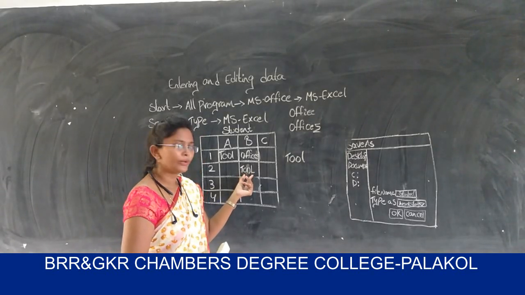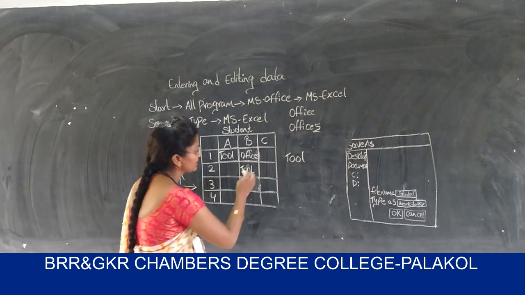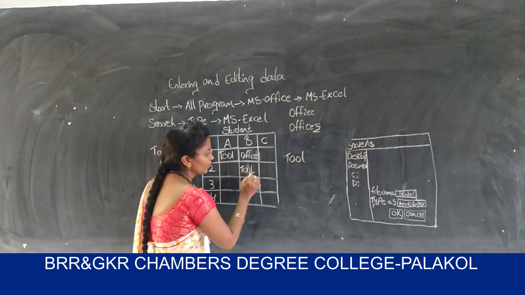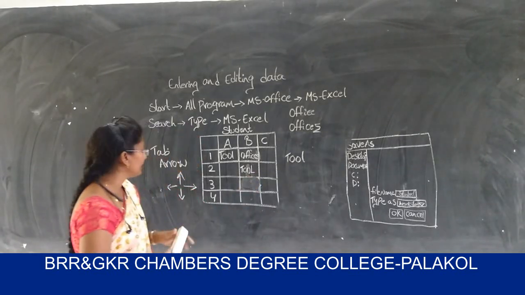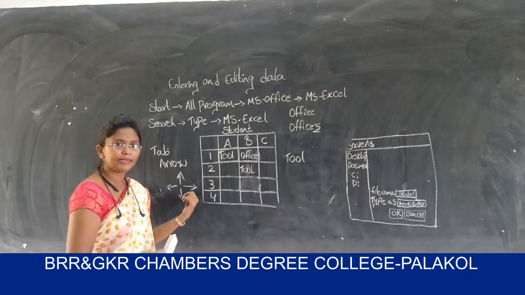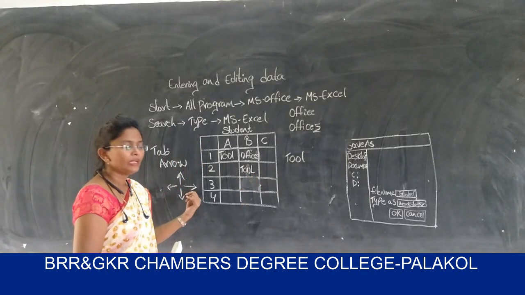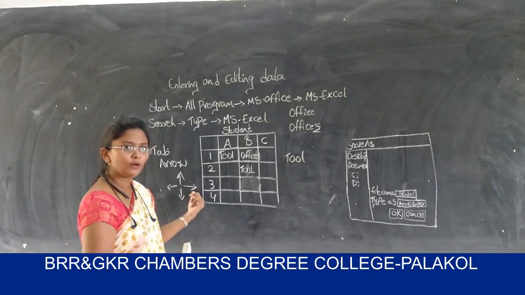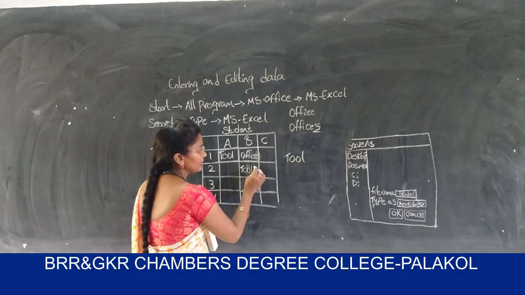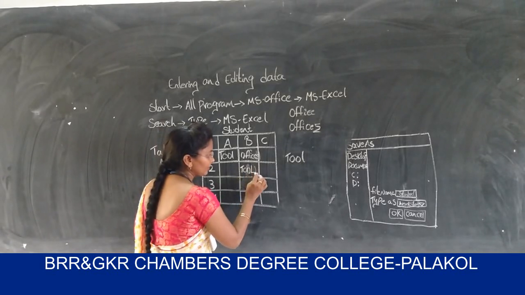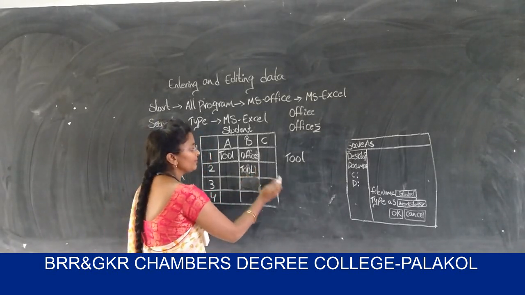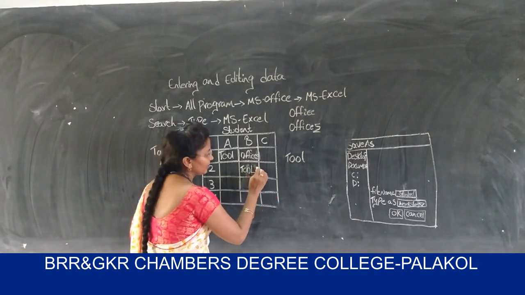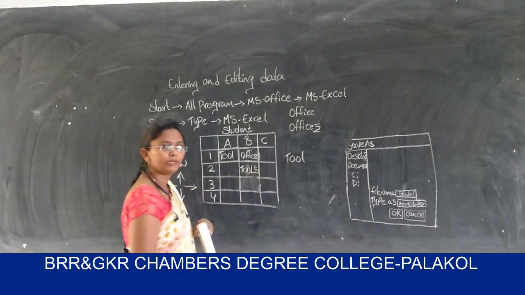If I want to create this as tools, the cursor is already blinking over the L. I have to press the right arrow key one time. If I press the right arrow key one time, then automatically the cursor goes to the end. If the cursor is moving past the L, then I write S over here.